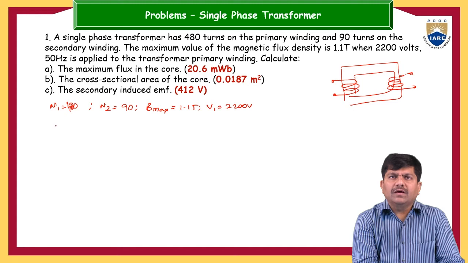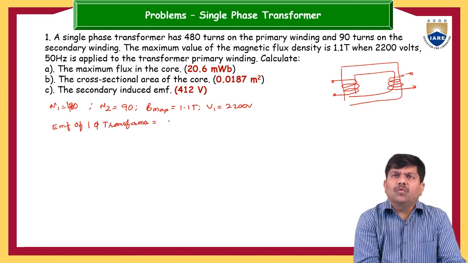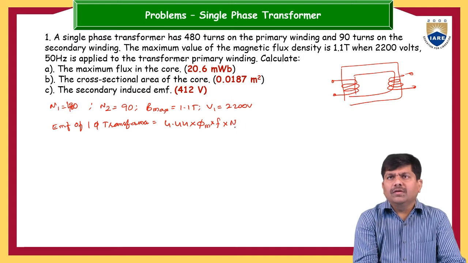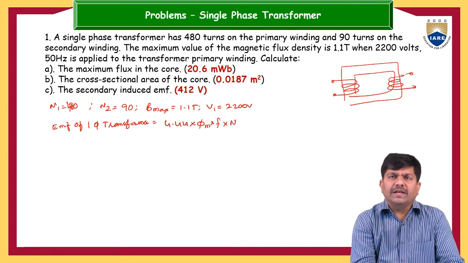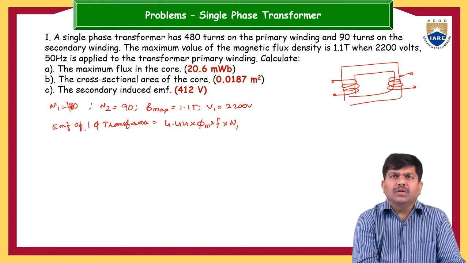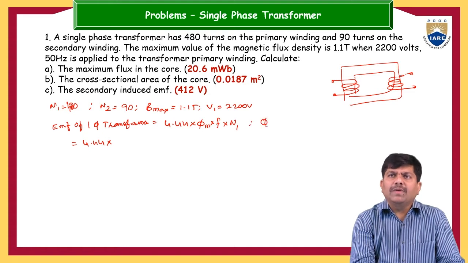So let us go back to the formula: the induced EMF of a single phase transformer is 4.44 into phi max into f into N. This is for N1 if you are taking the primary value. Otherwise, for the secondary induced EMF it becomes N2. Here phi max is not available, so phi max is